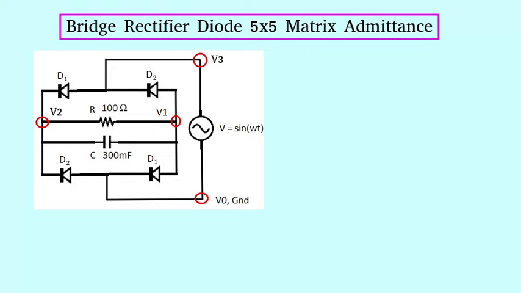Hello and welcome to this video about the admittance of a diode when it is functioning as a bridge rectifier diode. This admittance will be expressed as a 5x5 matrix. To summarize what we'll do, we'll firstly draw out this circuit diagram of the bridge rectifier used to transform AC